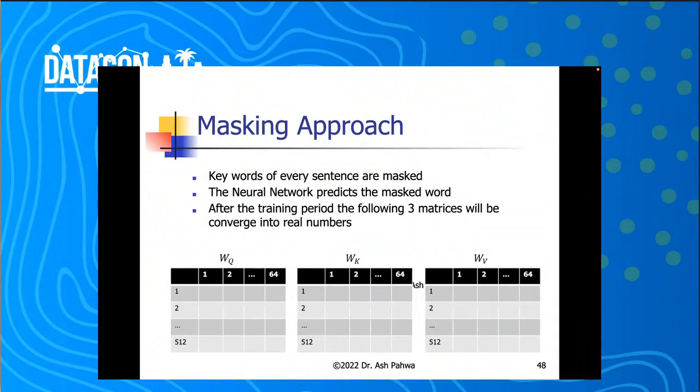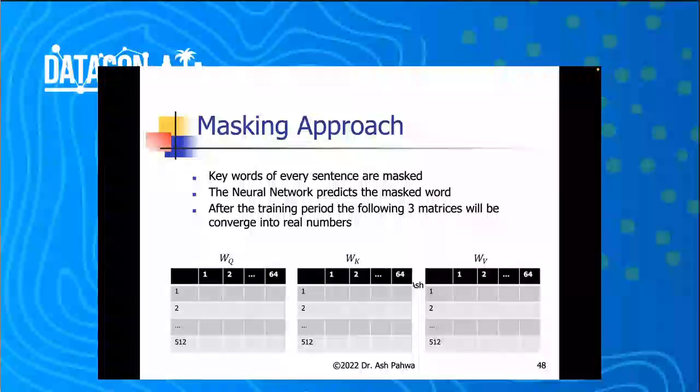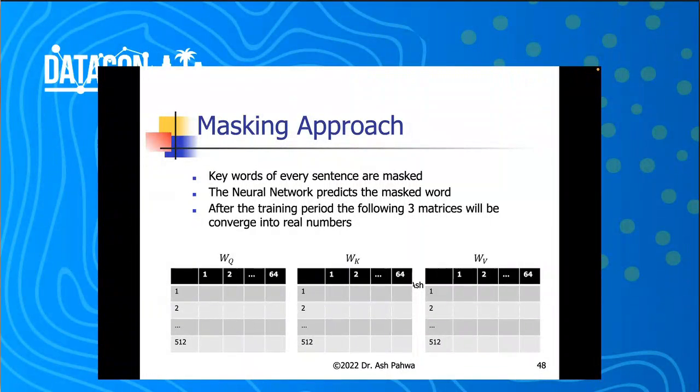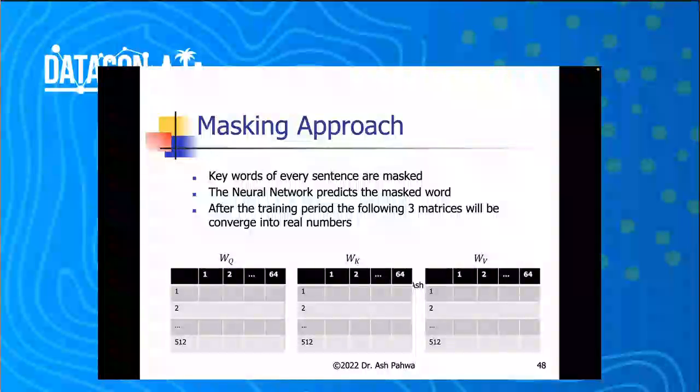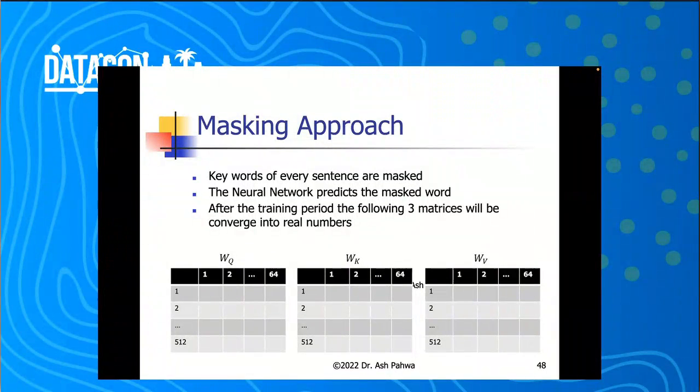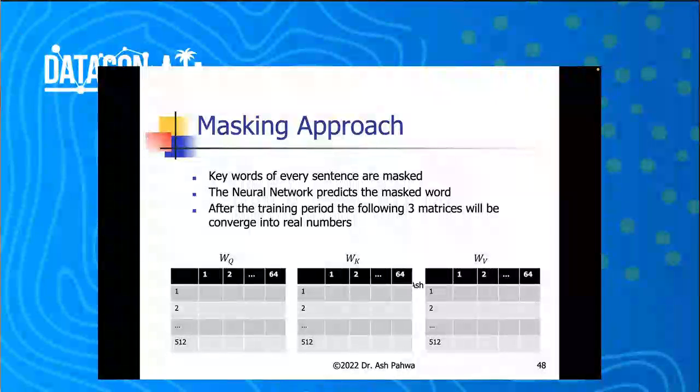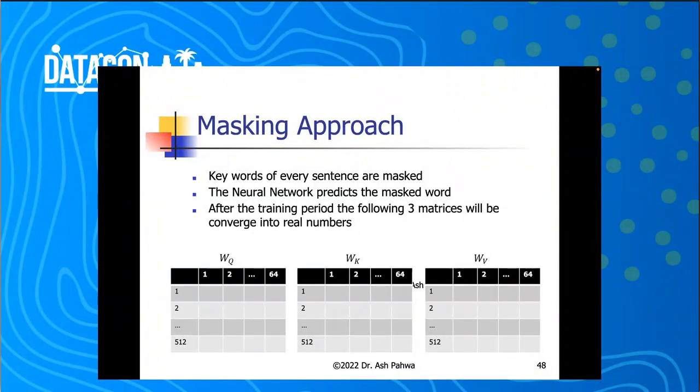And then how do you go after that? Once you create these modified embeddings, you do the masking approach: in your sentence, remove some of the words, and the goal is to predict what these words are. So now it becomes a neural network, which will go on and on. Of course, I have trained this with only 15 sentences, so my embeddings are not going to change that much. Suppose my embedding of the word bank was just one number, 10. It is going to change to 11 or 13 depending upon the context in which we are using it.